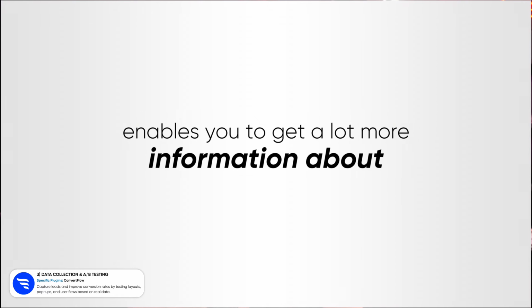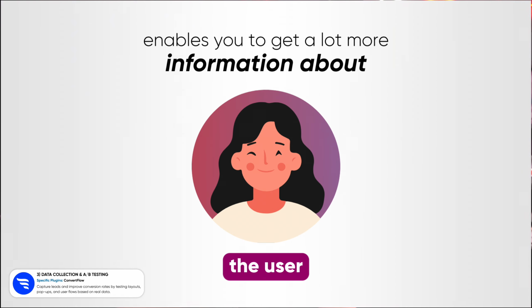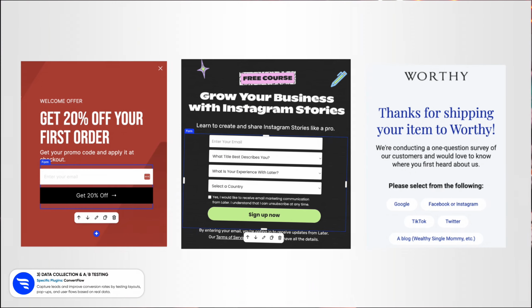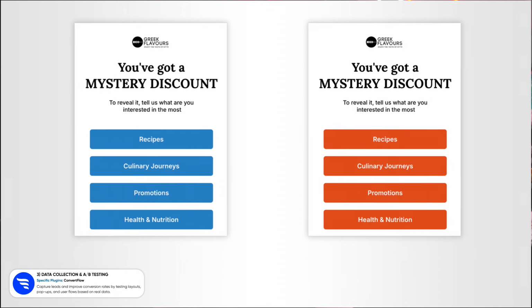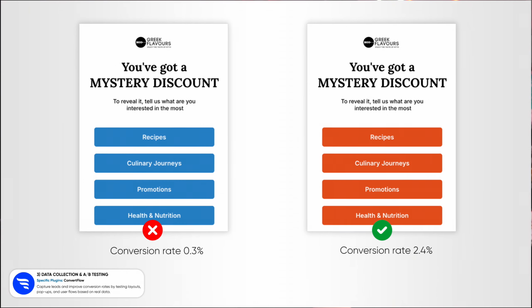So you can then get a lot more information towards what makes your users act like you want them to act. As an example, if you use the pop-ups or quizzes and stuff like that, you can get their email, phone numbers, and a lot more data on your user without actually feeling creepy and being nagging. Another reason why you also want to use this tool with something like heat maps is when you launch A/B tests, you're going to be able to exactly see the impact and the differences in the behavior of the user